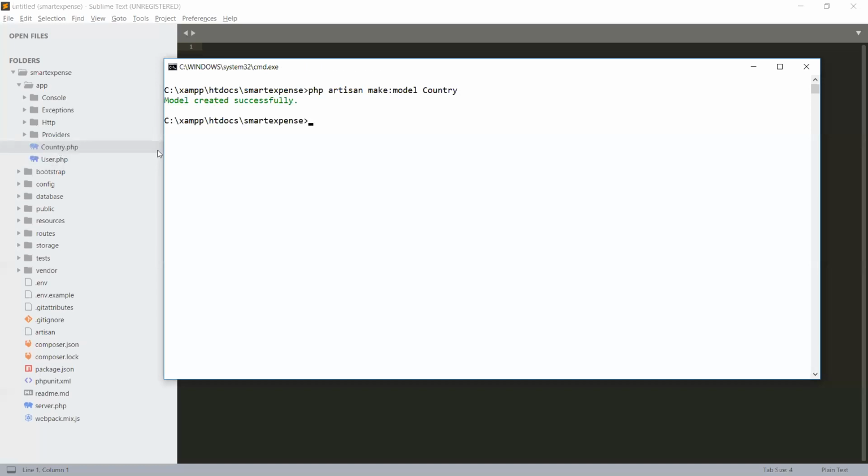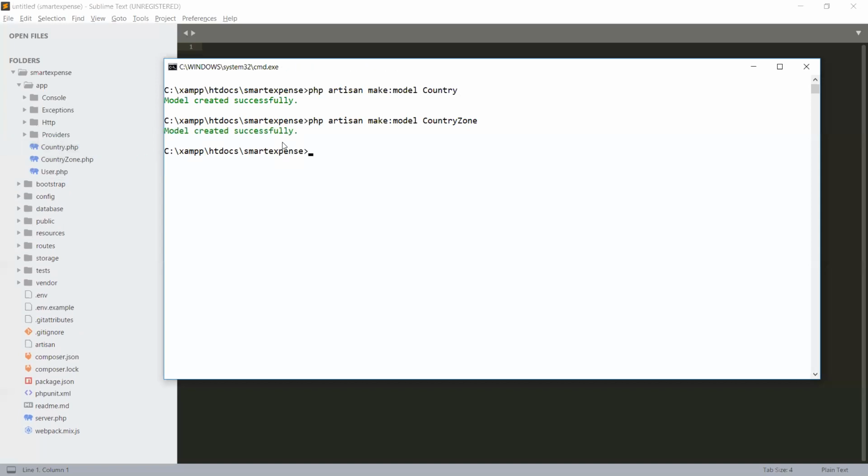You see the Country model is created, and let's create one for CountryZone. PHP artisan make:model CountryZone. Now two models have been created.